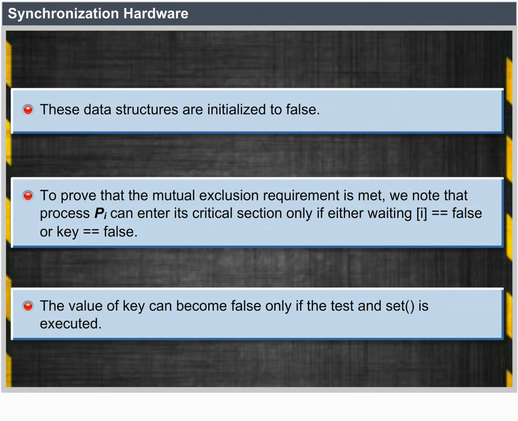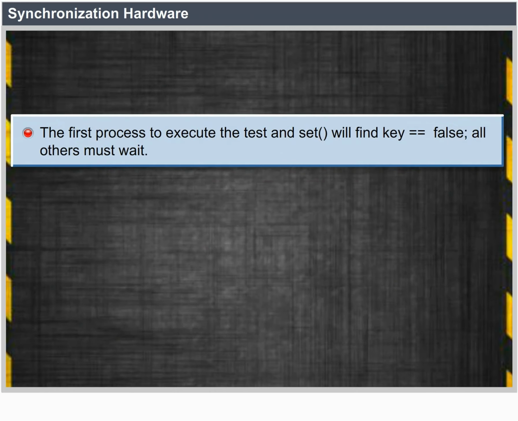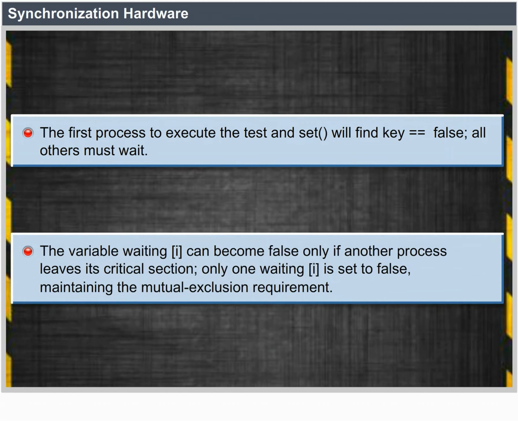The first process to execute test-and-set will find key == false. All others must wait. The variable waiting[i] can become false only if another process leaves its critical section. Only one waiting[i] is set to false, maintaining the mutual